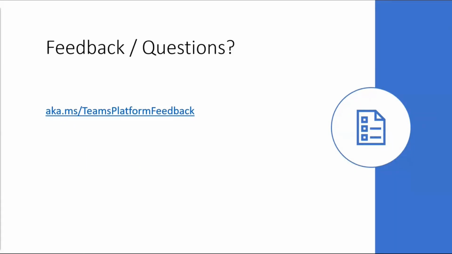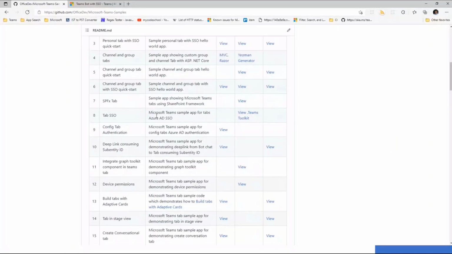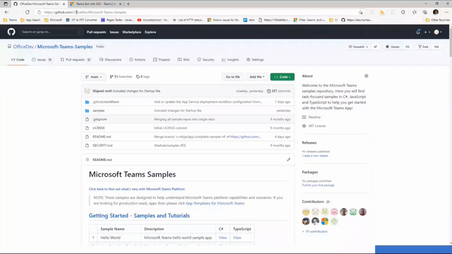Before you stop sharing, yes. Can you go to that and show where the samples were one more time? Just to show the sample gallery and the location and the GitHub and all of that. Yes. Because we do have time, so no rush.